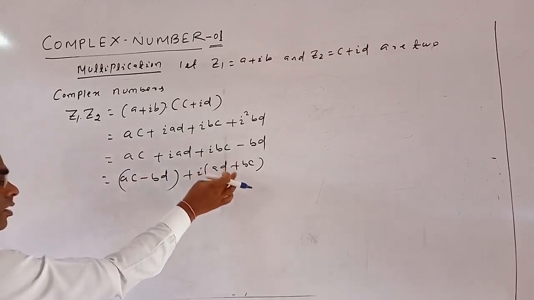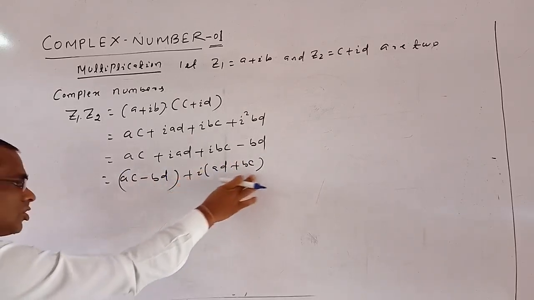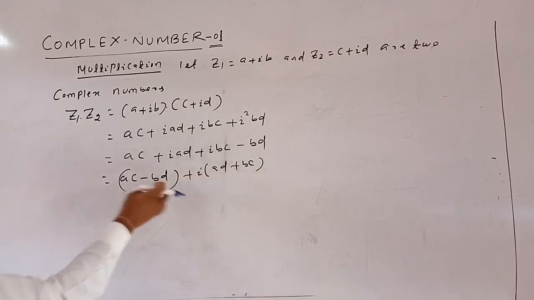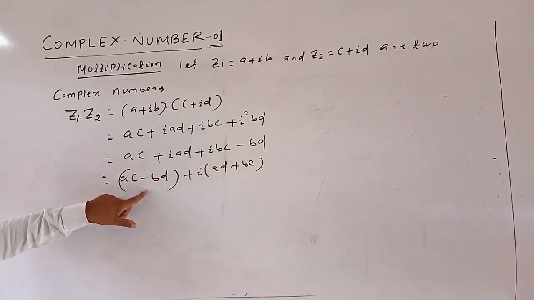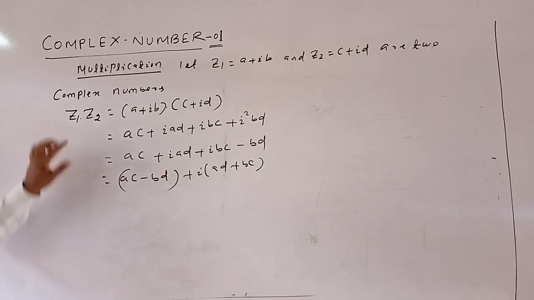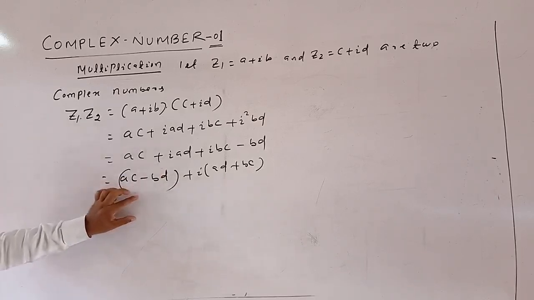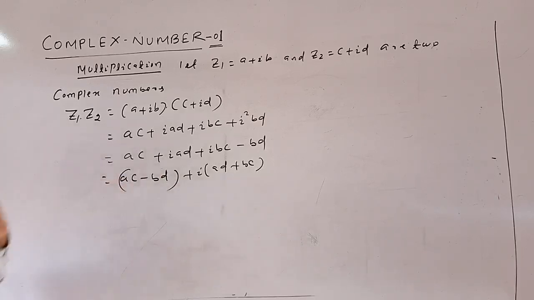A real number, so i multiplied. So this is the imaginary number and this is the real number. Sum of real and imaginary number is known as a complex number. So multiplication of two complex numbers is also a complex number. Okay, for example,